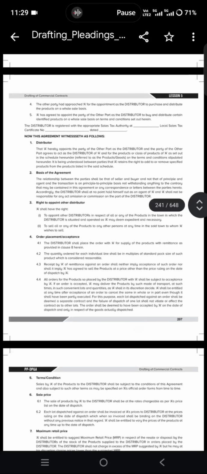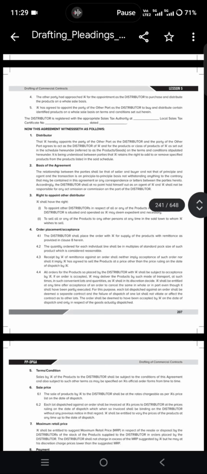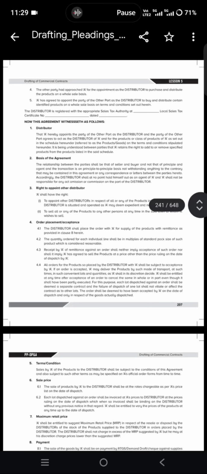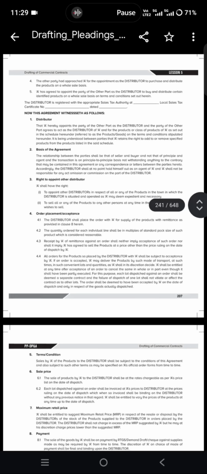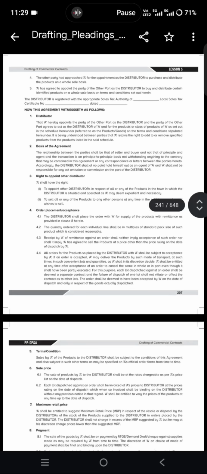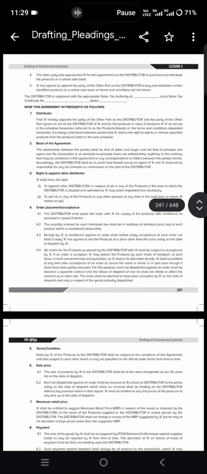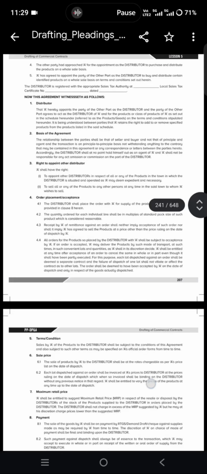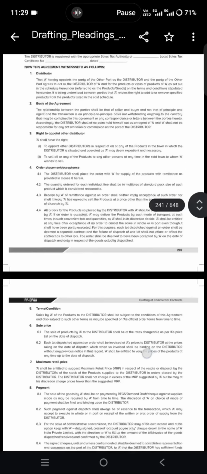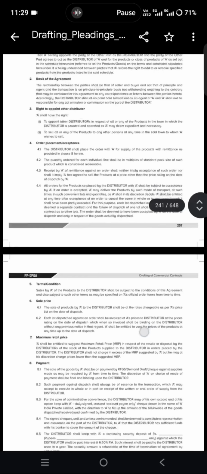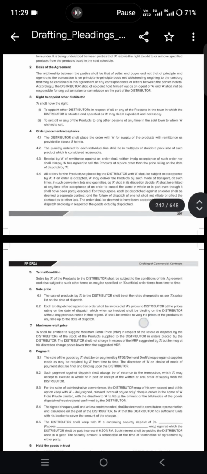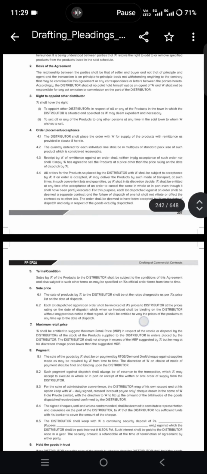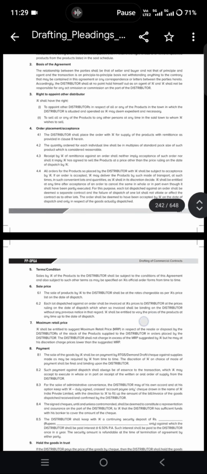order. So the company agrees and undertakes to supply to the firm its products as per the firm's order, and in the event of the company failing to supply the ordered goods within 15 days of receipt of each purchase order, the firm shall be entitled to terminate the agreement by giving the company 1 month notice. At the end of the notice, this agreement shall stand terminated, and the parties shall settle their accounts within 7 days of such termination. The firm shall not sell any product of the company at a higher price than the one indicated by the company.